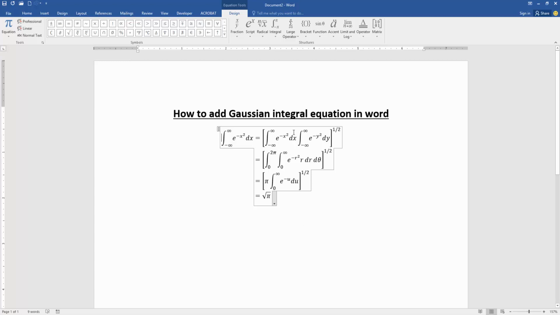You can edit the equation, otherwise you can edit another line. Go to the design menu and you can edit anything like function, script, radical, integral, etc. Now we copy the line and